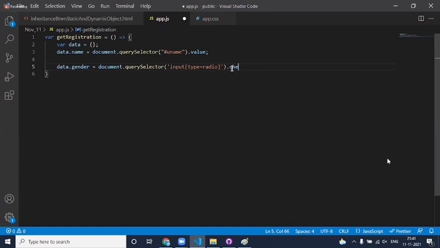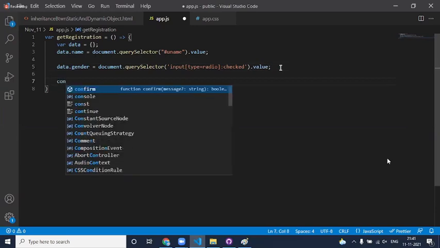Checked. Sir, is it 10? Not 10 actually. One thing, input type equal to radio, sorry, this is colon checked, dot value.